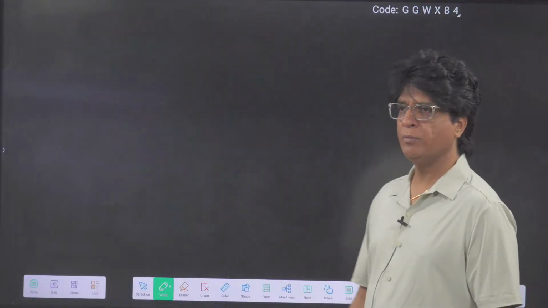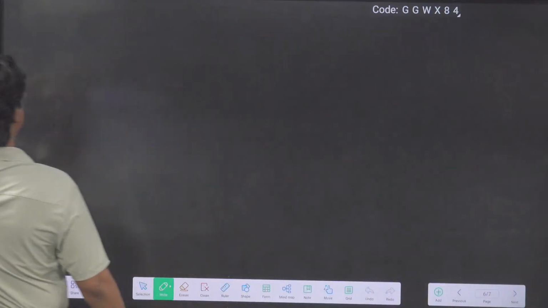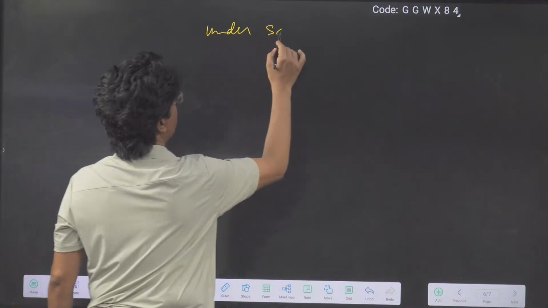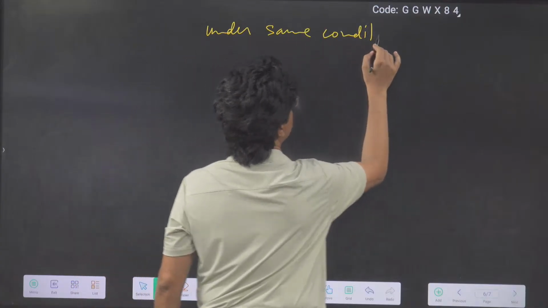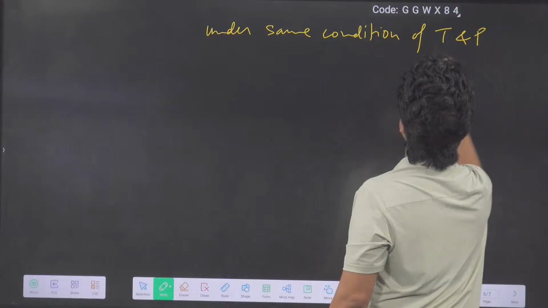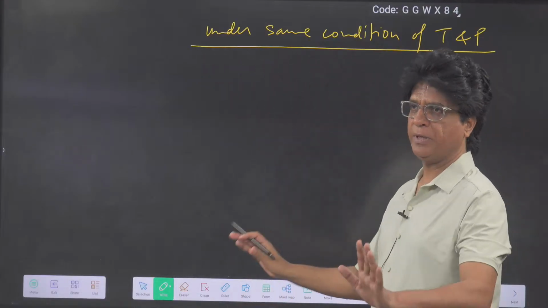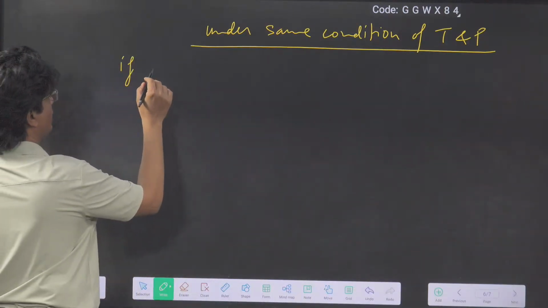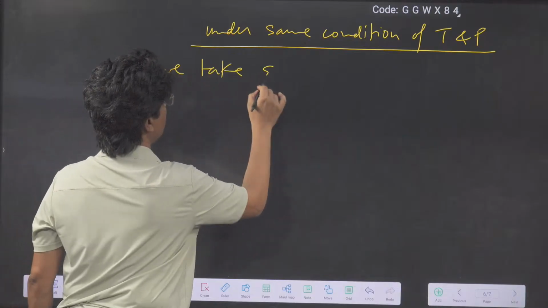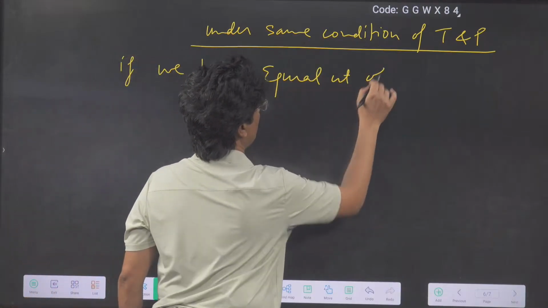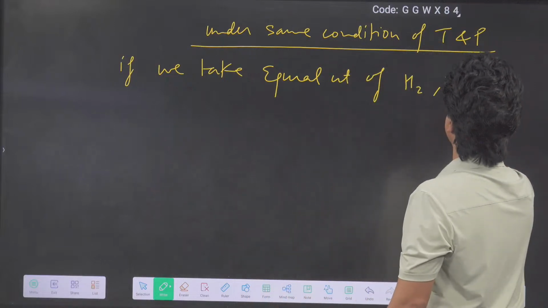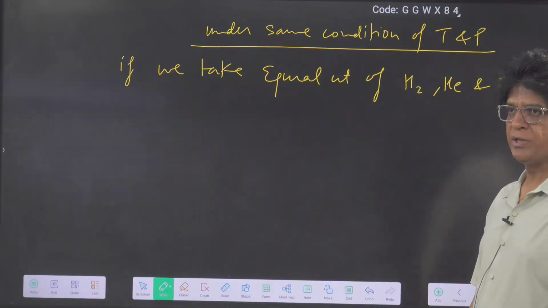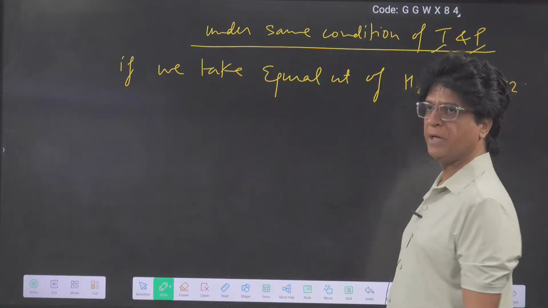Chalo, let me ask you one more different question. Check it out. See, I'm giving you, under the same condition of temperature and pressure, if we take equal weight of hydrogen, helium, and say oxygen, right, under the same condition of temperature and pressure,